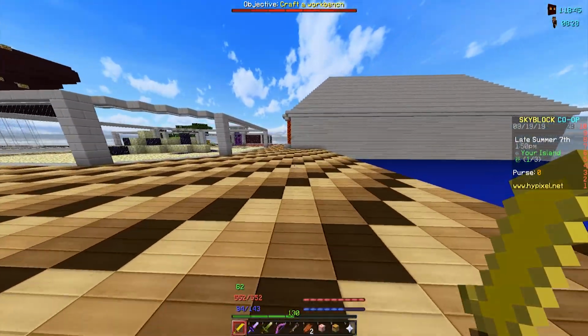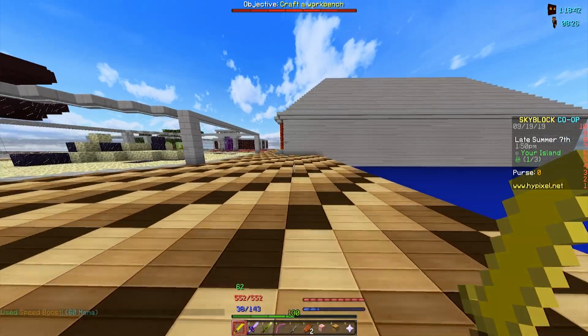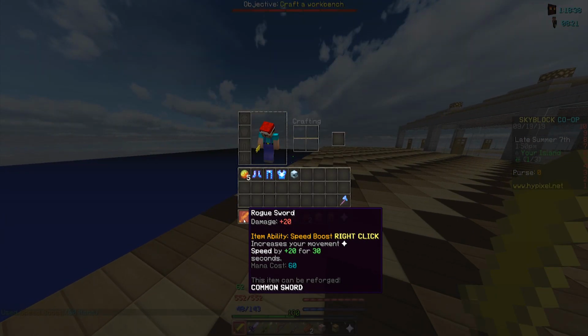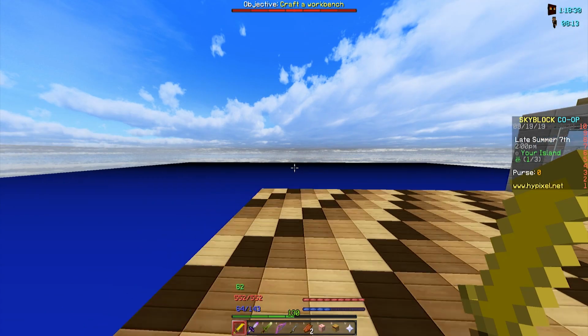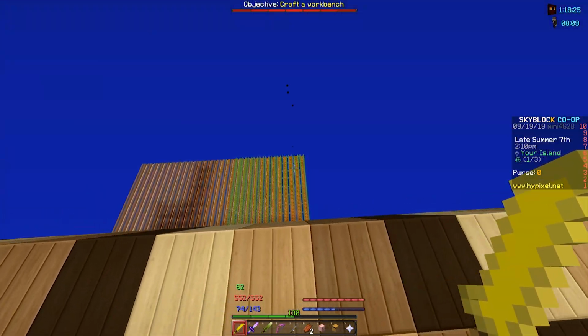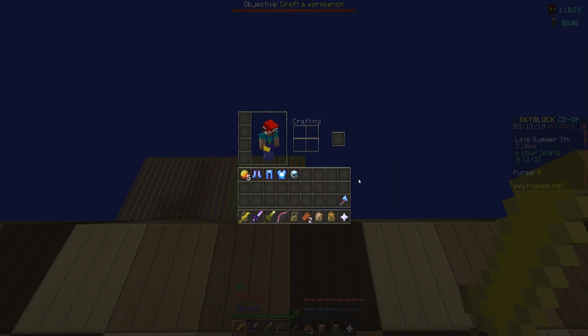So using this rogue sword costs how much mana? 60 mana. So you can pretty much do this rogue sword once, and it increases your movement speed by 20 for 30 seconds. So it does give you a very slight movement increase, and that's what I would use while I farm my pumpkins. So it did help me a little bit, but for the most part, all I did use was an